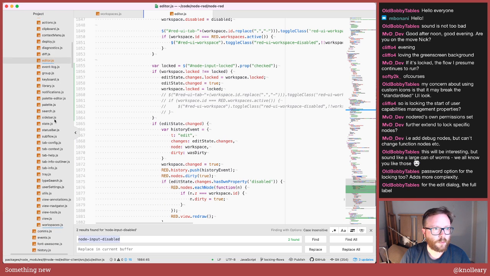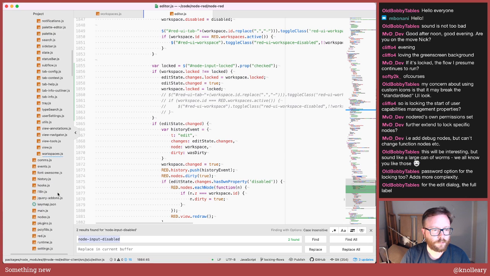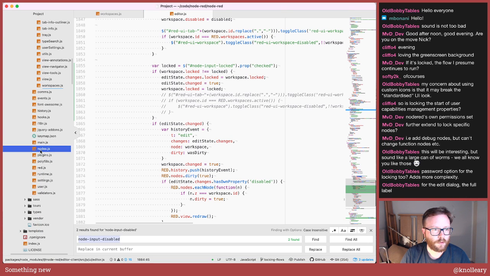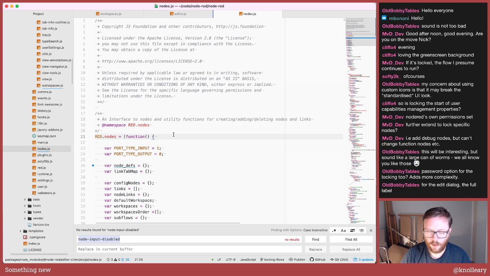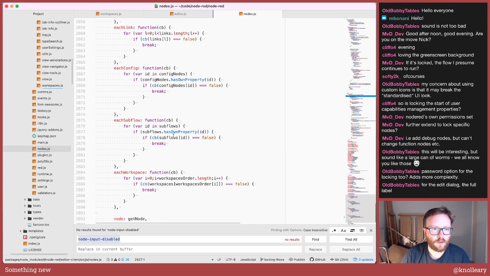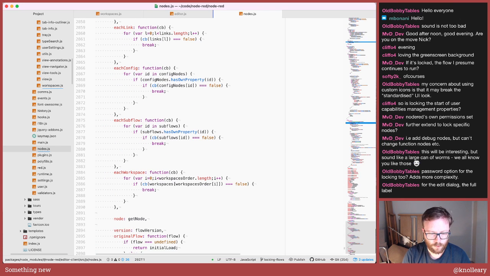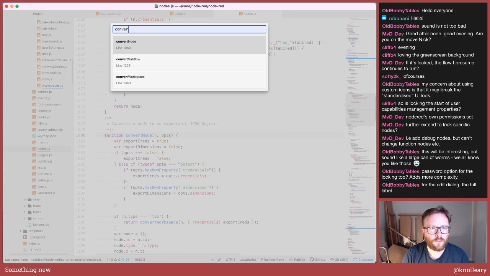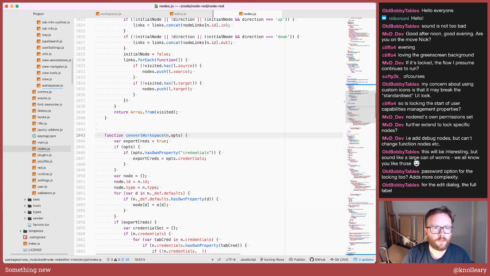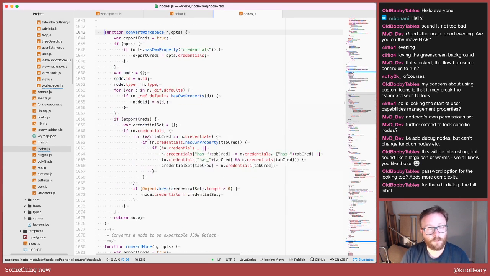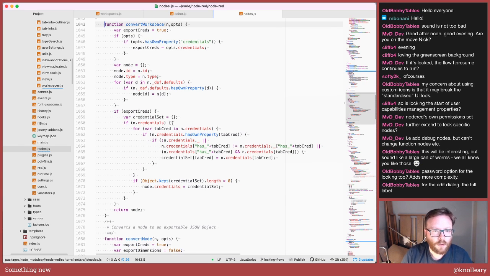So we now want to go to nodes.js. In here there is convert workspace. So convert workspace, given a workspace or a tab object, this is what generates the